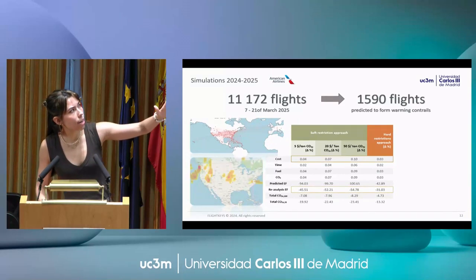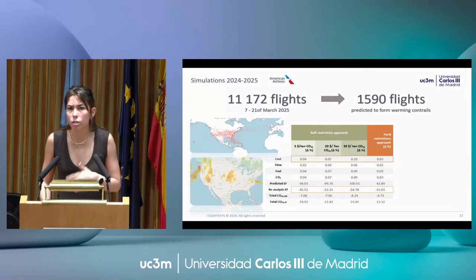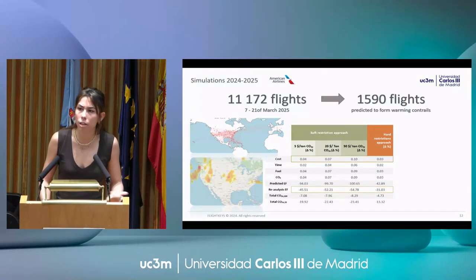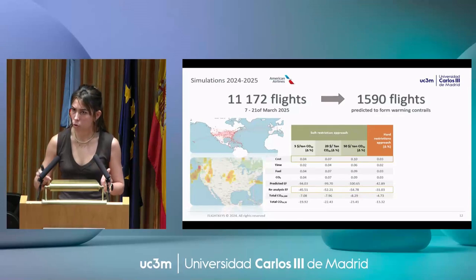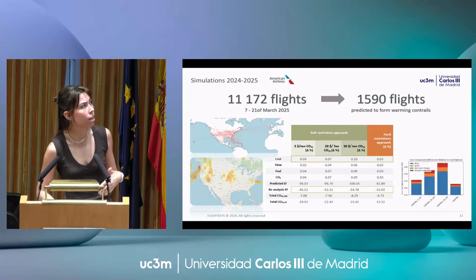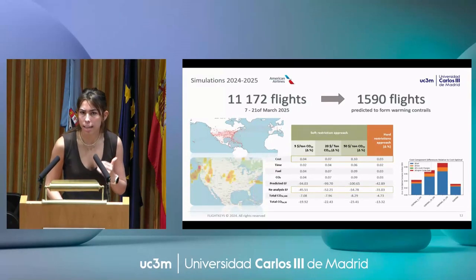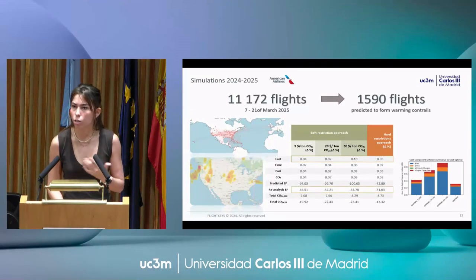The column to the right is the hard restrictions approach. This is linked to a paper that was published last year, which essentially looked at this exact problem, but instead of a cost-based avoidance, we're doing it with no-fly zones and hard restrictions. So then we can look specifically at the breakdown of the cost, and we can see, to no one's surprise,